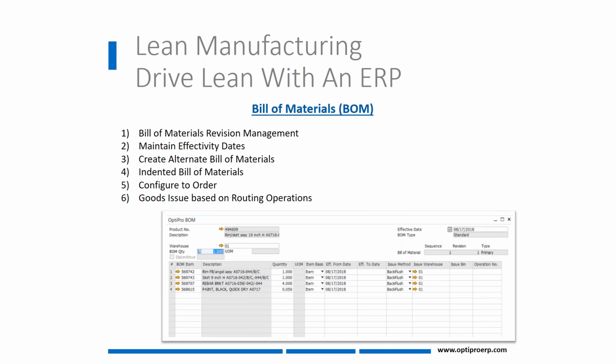The ability to issue goods at the routing operation. Traditionally we talk about, are we going to flush the material to our work order, where we pick everything and we issue everything out to the work order, to the assembly order, or another term we use, backflush. I will make what it is that I have to make, and when it is completed on the work order, I will backflush all the material.